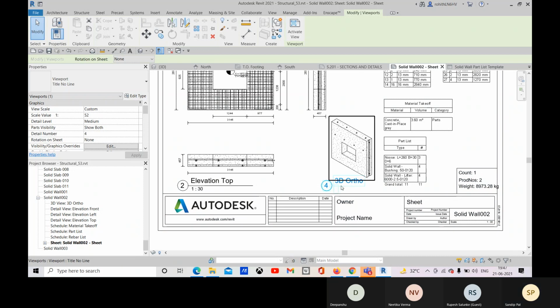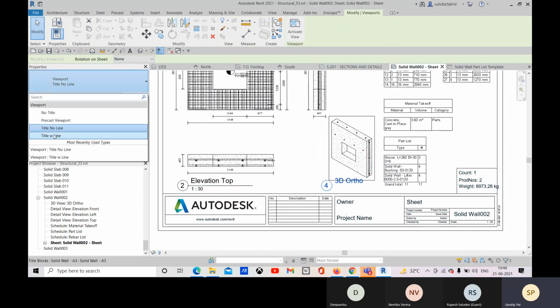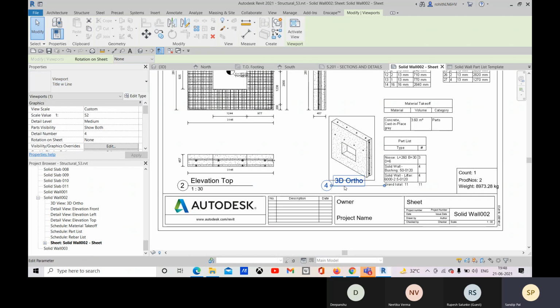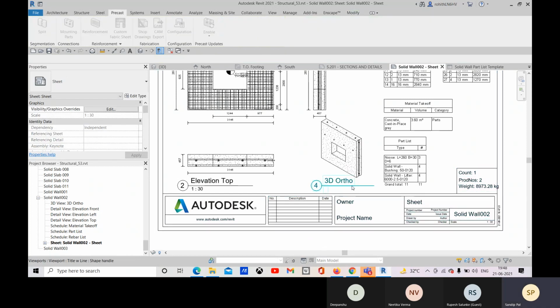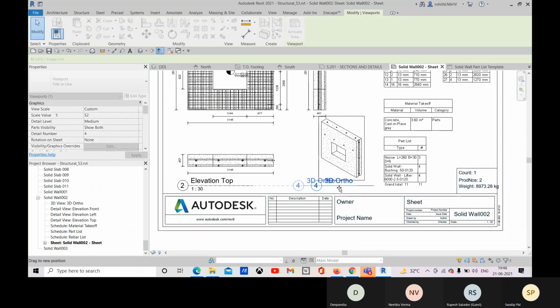And for placing this one, without this line, it's really going to be hard to select it. So what you can do, you can go with this title with line, and then click on it, and just a second, let me select it, and I can place it over there or there.